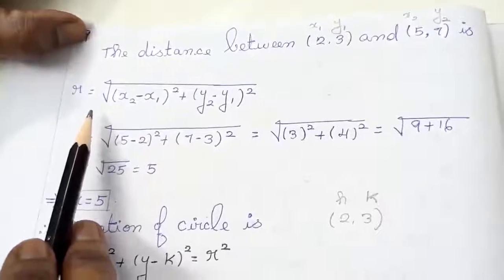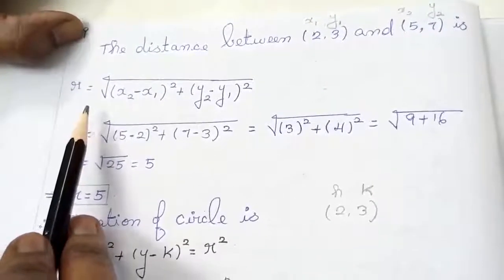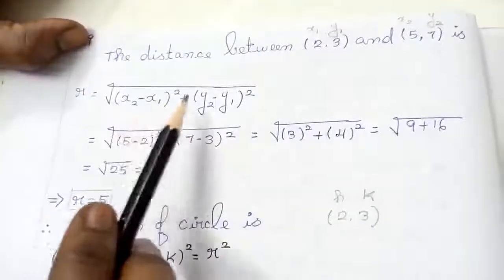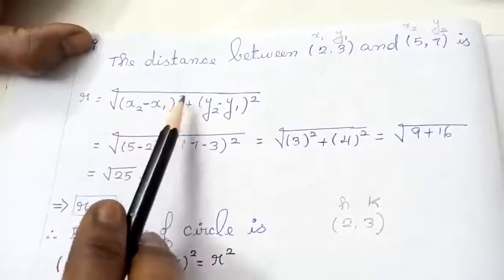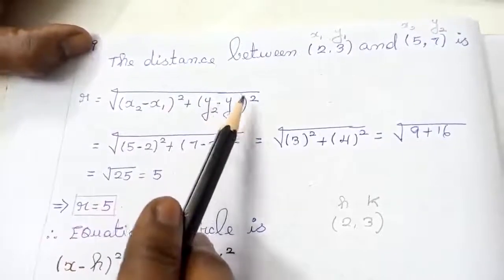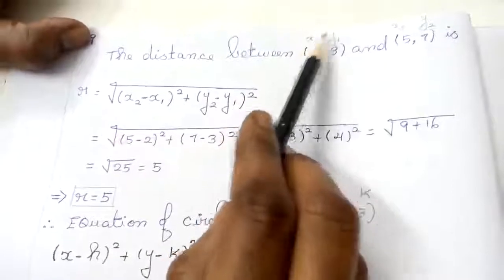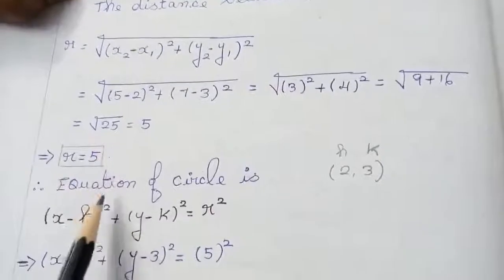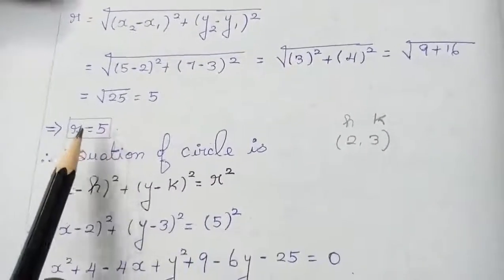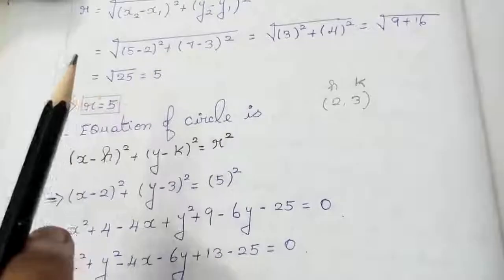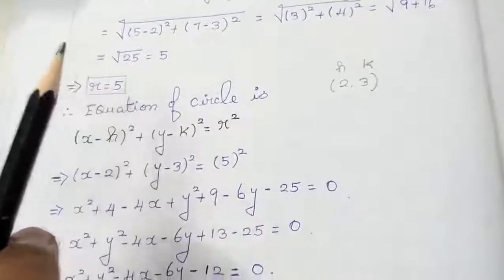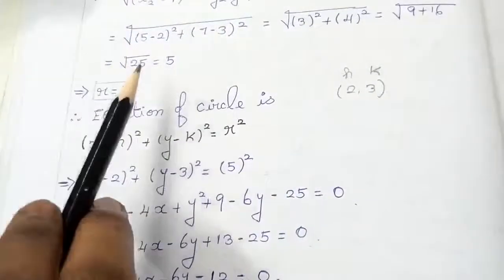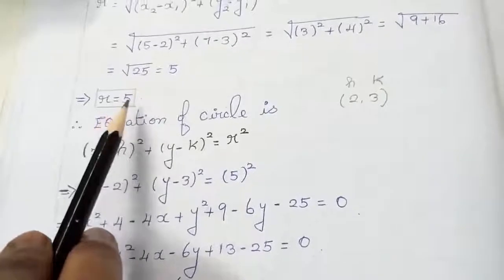First they gave you the point of intersection. We solved and got that particular point the circle passes through, and taking the center and that point, we solve using the distance formula, that is root of (x2 minus x1) the whole square plus (y2 minus y1) the whole square. Replace the values x1, y1, x2, y2, and I get the radius as 5. So now I have the radius. To find the radius, we solved the point of intersection and then used the distance formula. After these two calculations, I get the radius equal to 5.